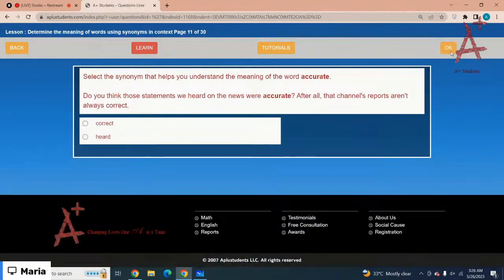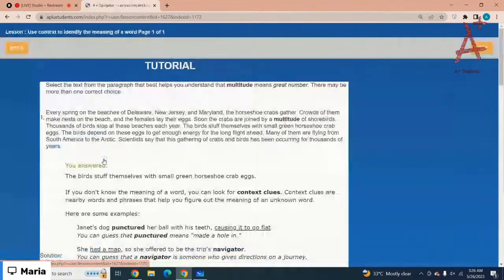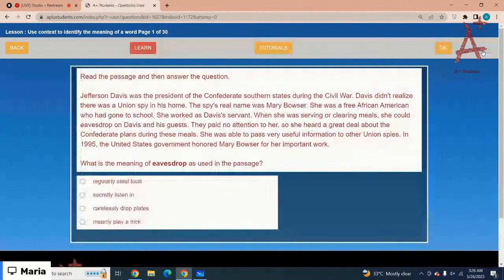Okay, you can complete the test by yourself later today. Let's just move on to the next lesson. And the next lesson is use context to identify the meaning of a word. Okay, so if you don't know the meaning of the word, just look at the context of the word. Got it? Let's just start with the test questions. Okay, read the passage and then